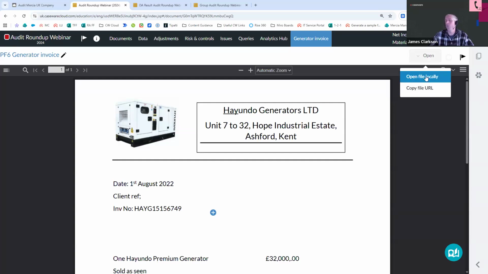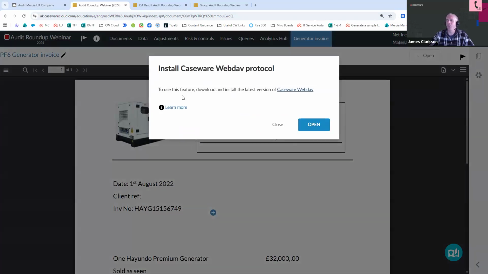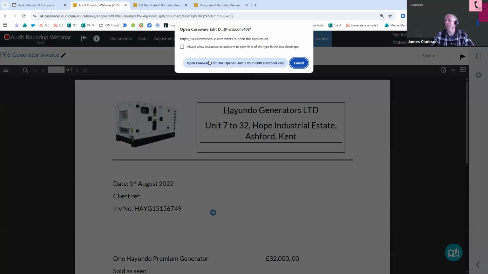Now, using this option does require an additional small install of an add-in. I think it's called an add-in or extension to whatever browser you're using. When you go to open the file locally, it will pop up and tell you what it needs. You can follow the link through, download the add-in. I should already have it installed, so I should be able to say open and then say, yes, I'll confirm I want to open